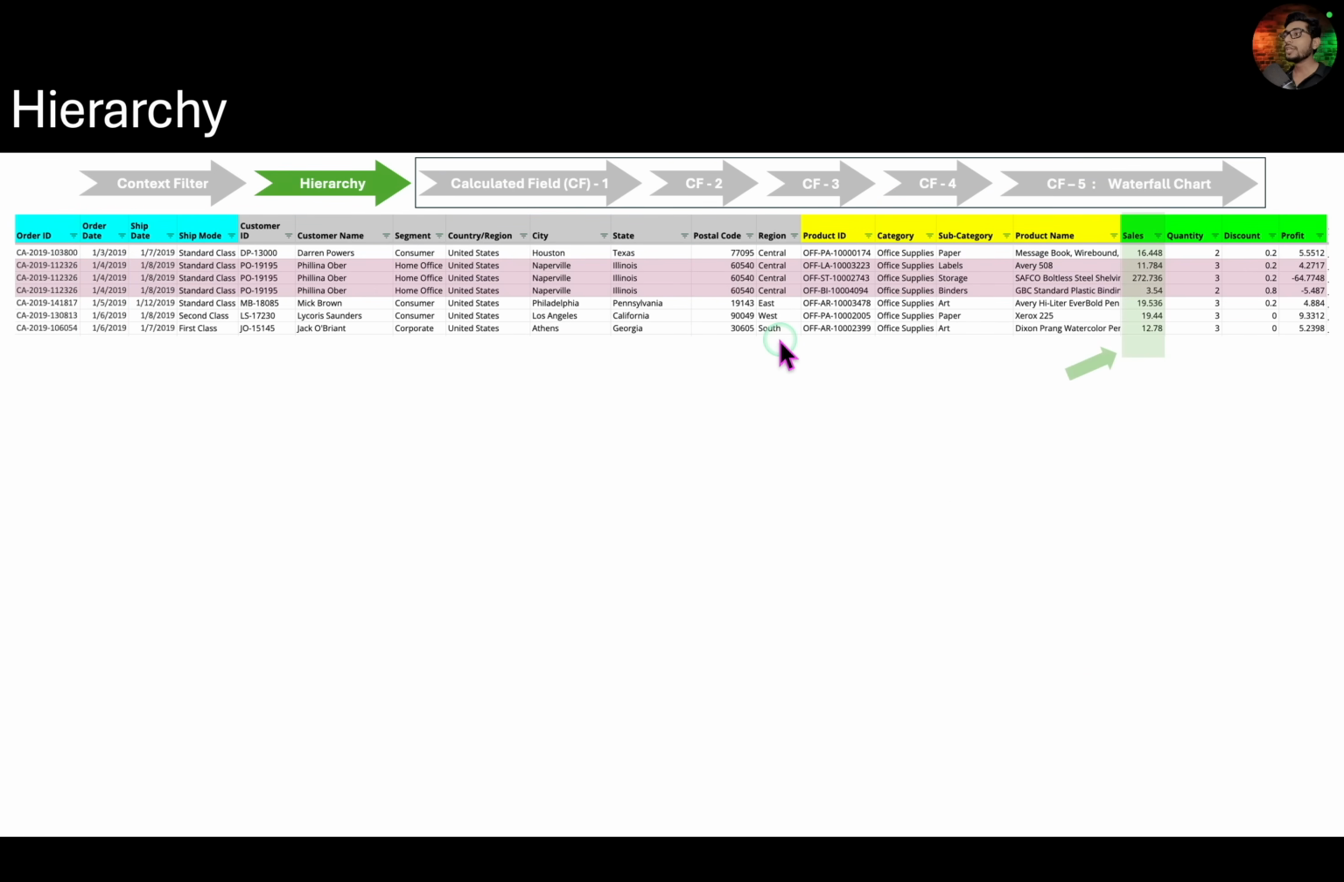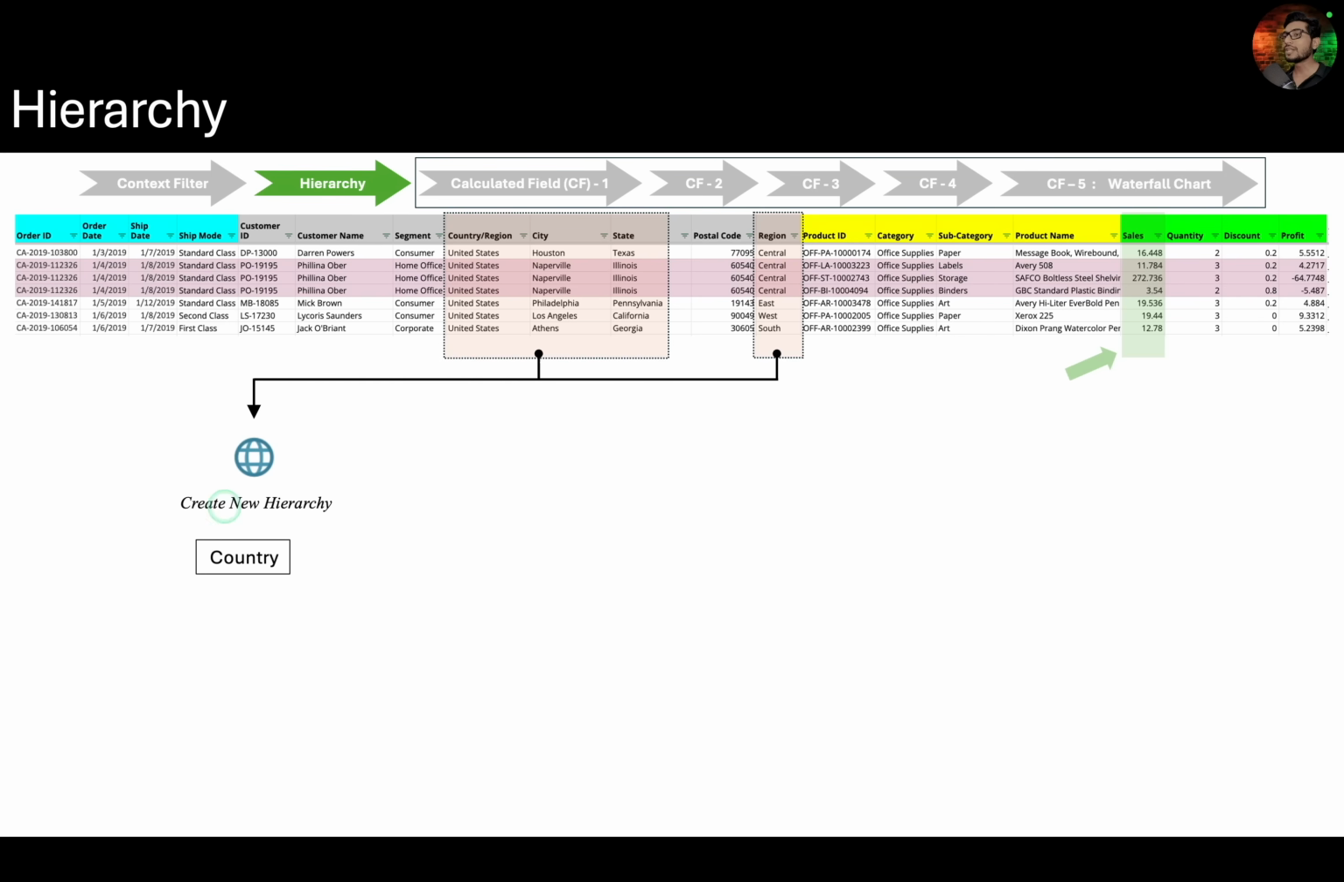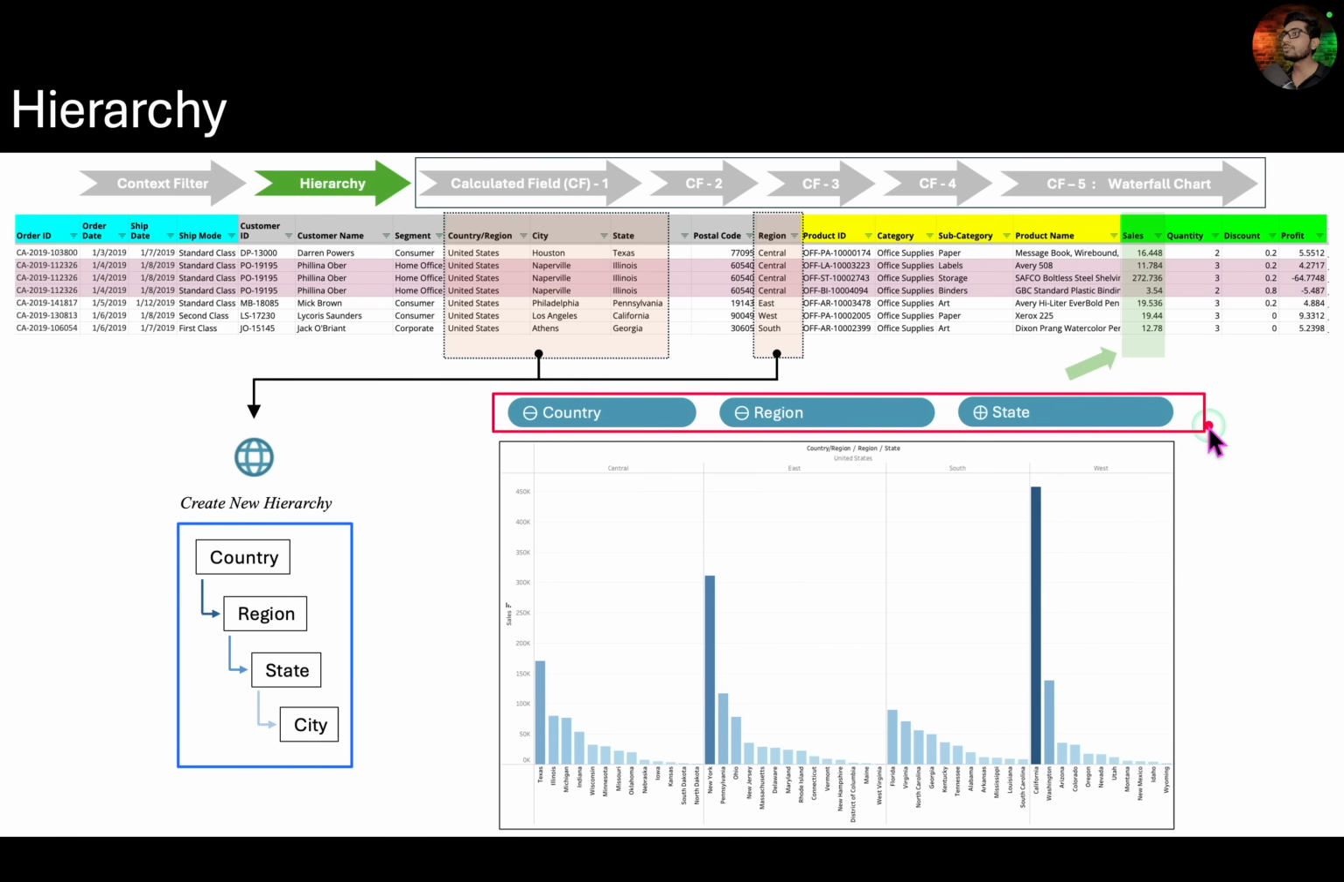For example, if you want to analyze sales using the geographical hierarchy we just identified, we first need to create that hierarchy in Tableau. This means arranging the fields in correct order with country at top, followed by region, and then state, and finally city. Once this hierarchy is created, we can simply drag this newly created hierarchy onto the column shelf and place the sales field onto the row shelf. You will be able to drill down through each level of this hierarchy from country to city and uncover deeper